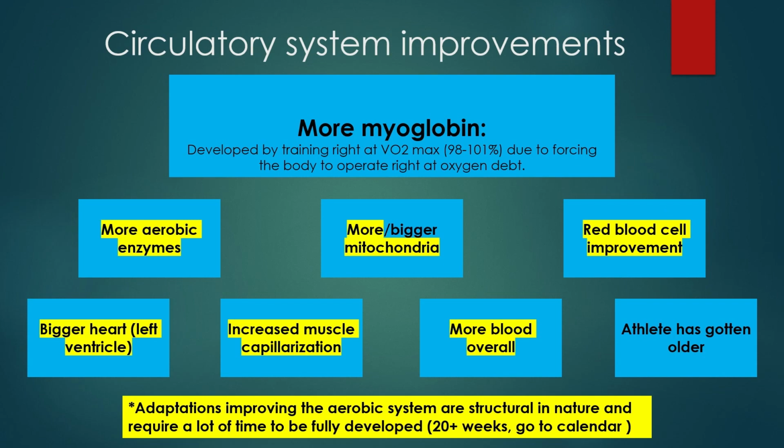So, circulatory system improvements for the central VO2 max improvements that we're talking about with recovery runs. You're going to get more aerobic enzymes, more energy being produced aerobically. Bigger heart, specifically the left ventricle. This is one of the key training effects from the over 20 continuous minutes. This is critical. That pump, the left ventricle of your heart, is the pump that moves the oxygenated blood away from your heart. So this gets a little bit bigger with the training, with that over 20 continuous minutes,